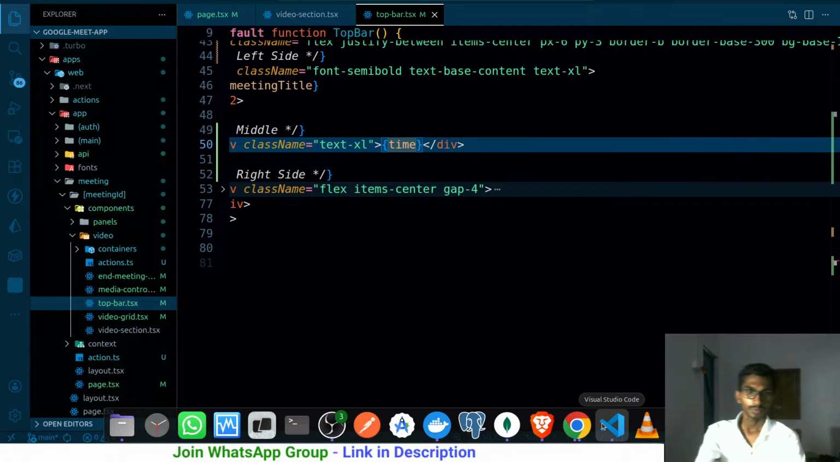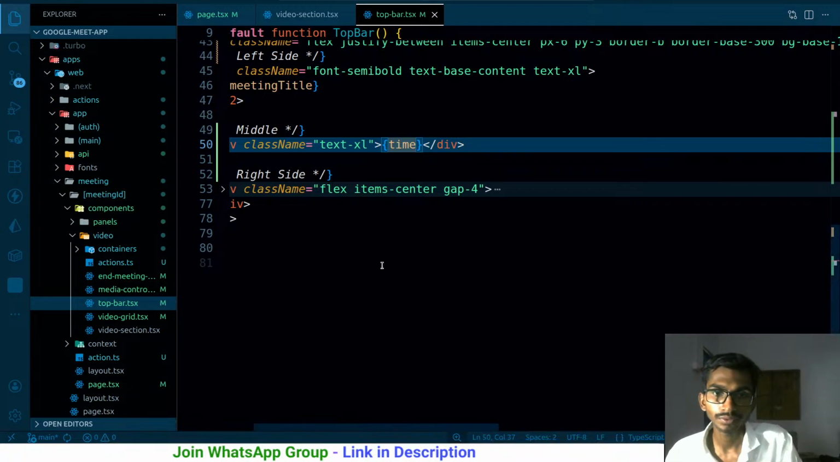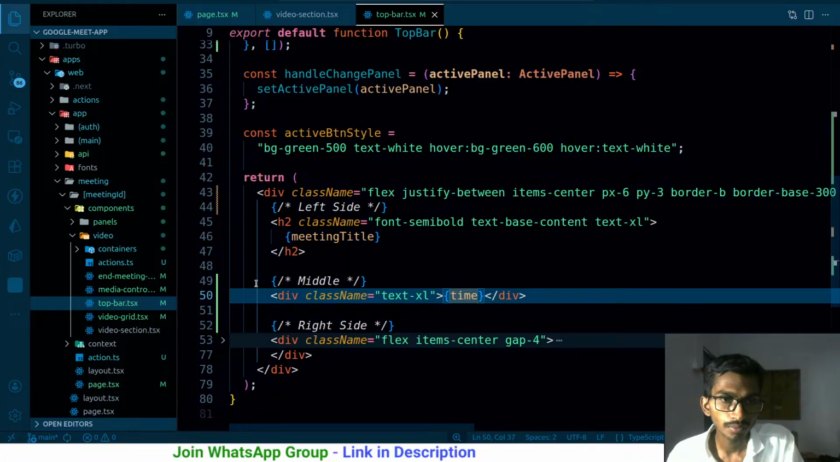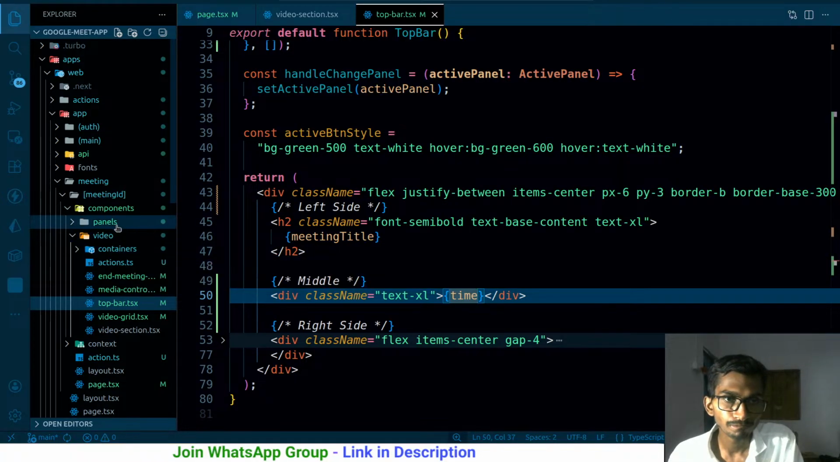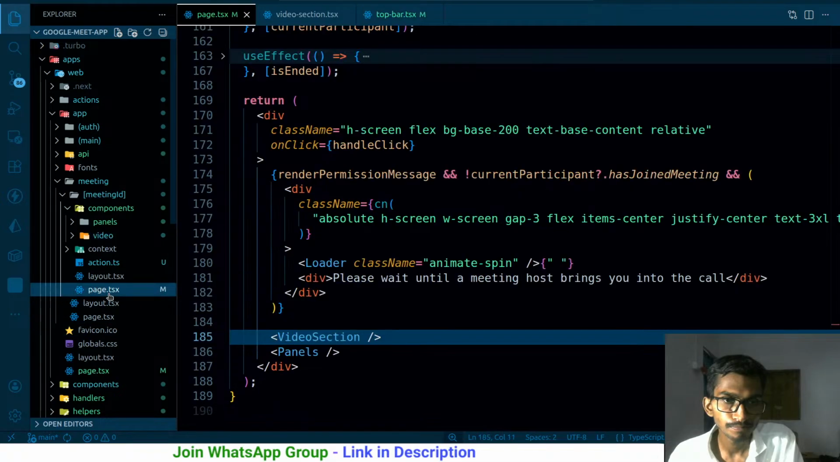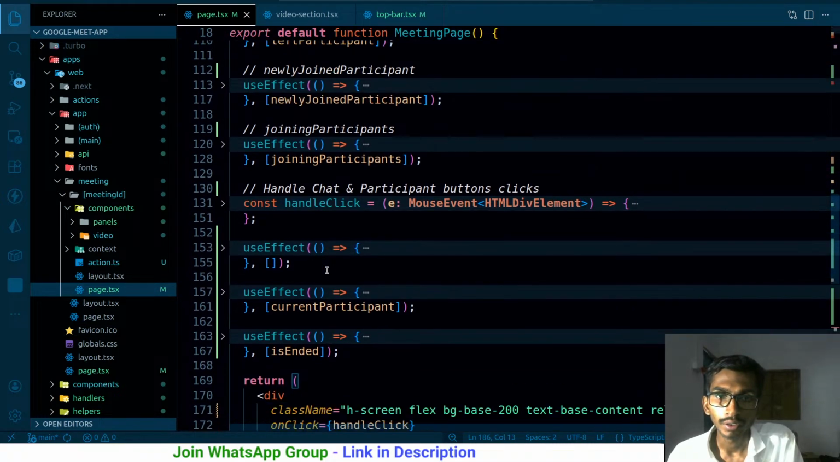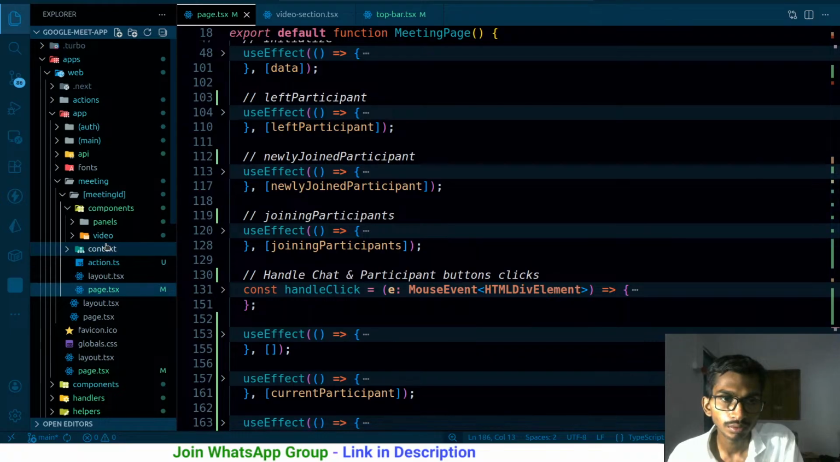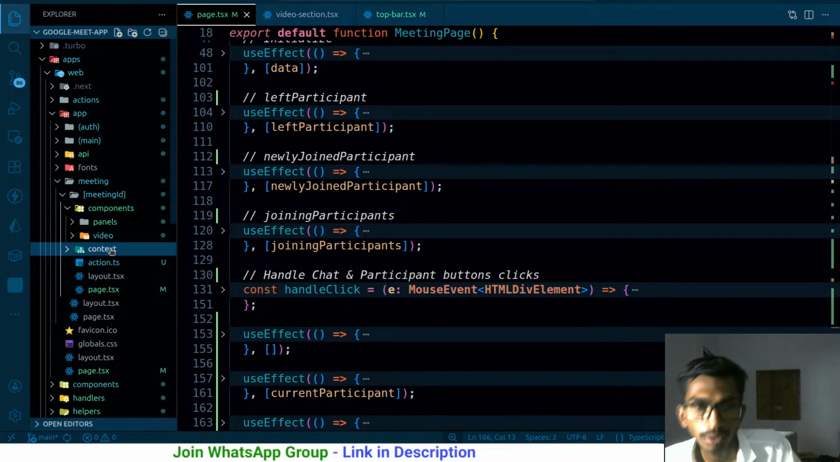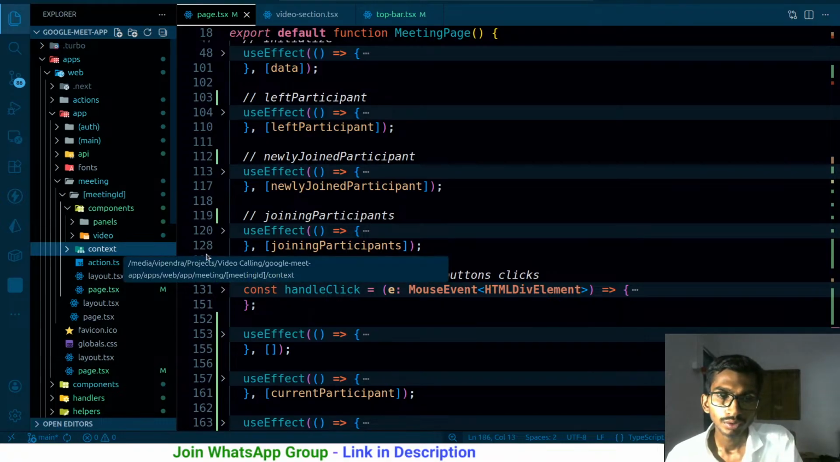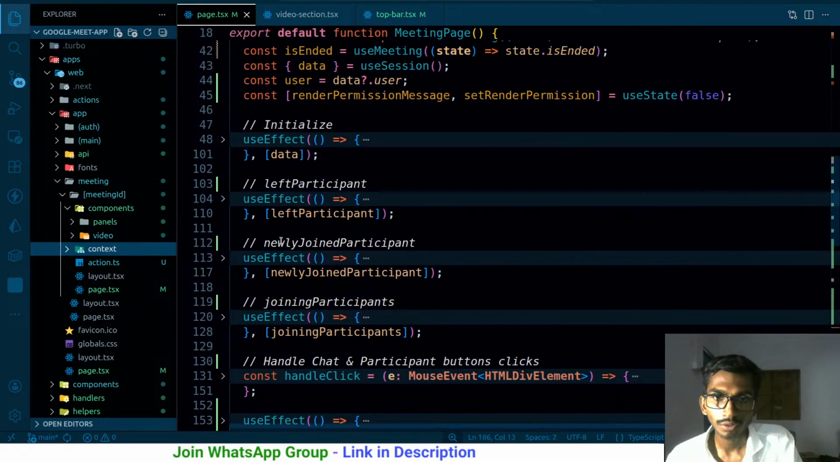Alrighty, let me see what's happening here. This is the container that I have here. In page.tsx, I have the video section, I have panels, and over here I have this context. Got it. This is the problematic thing over here, right? So at the end of the day, what I have to do,